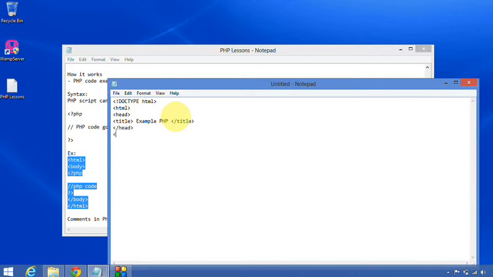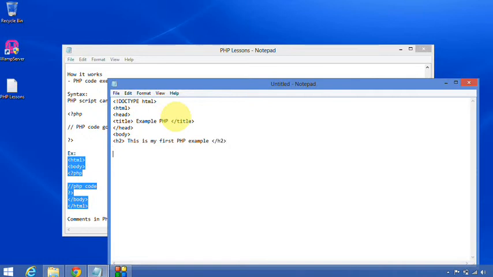Now I'm opening my body tag. Now I'm writing header h2. I'm writing, this is my first PHP example, slash h2.